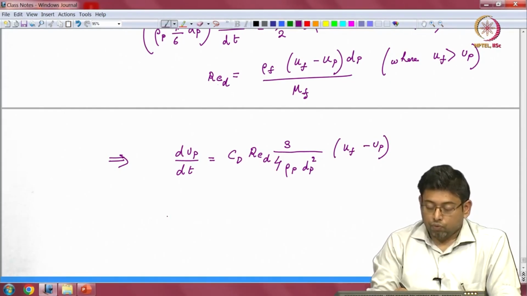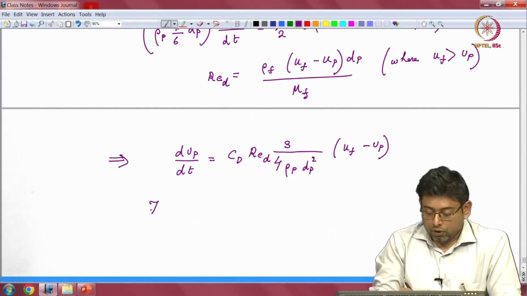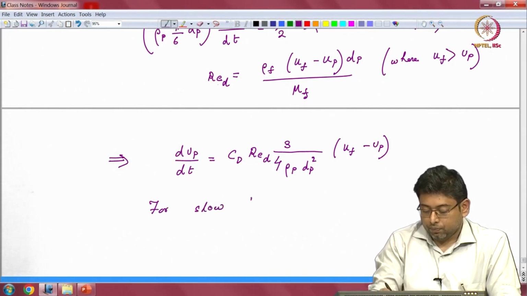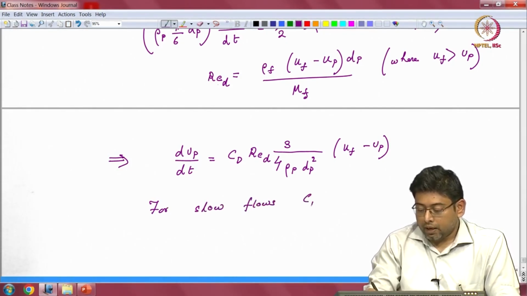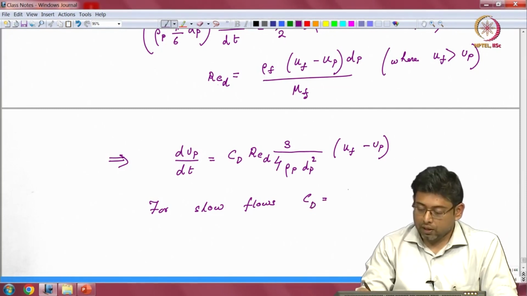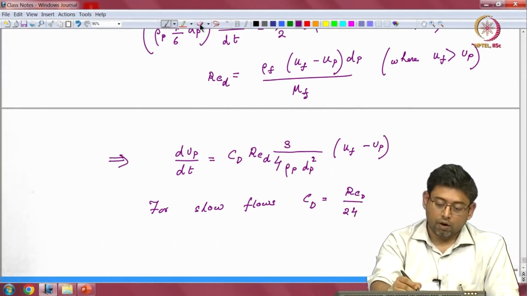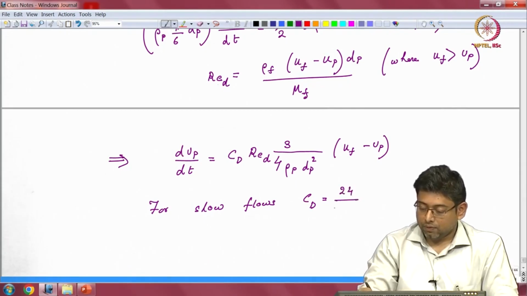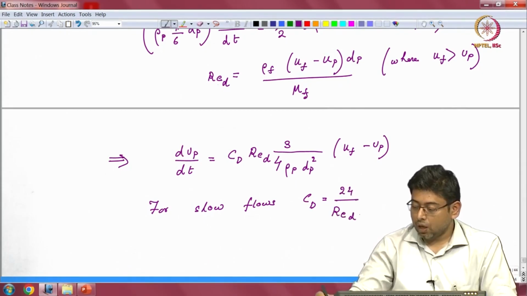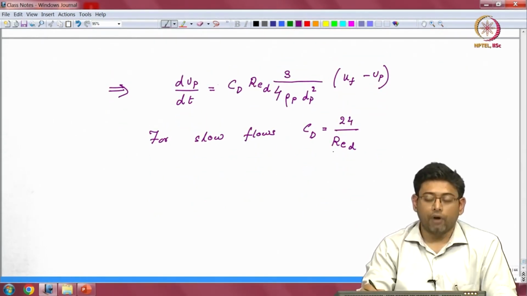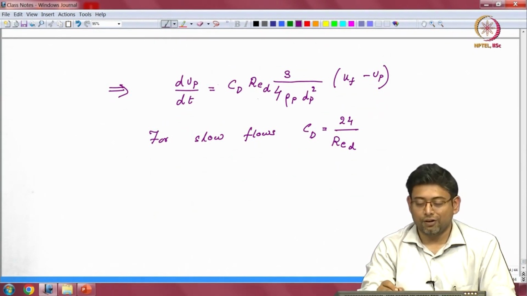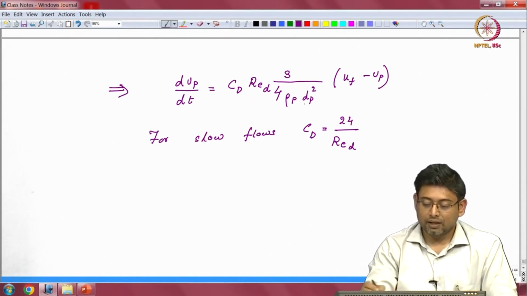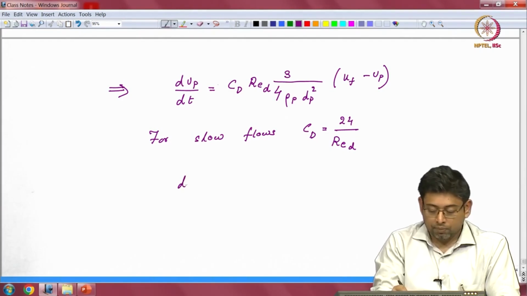Now what is the value of CD? Well, for slow flows, we can assume that the drag coefficient for a sphere is 24 divided by the Reynolds number. I am sorry, it is the reverse: 24 by Reynolds number. If you introduce this value of CD into the above equation, you can see why we introduced Re_d. It cancels, and you end up with a more simplified expression for dUp/dt, which comes out to be